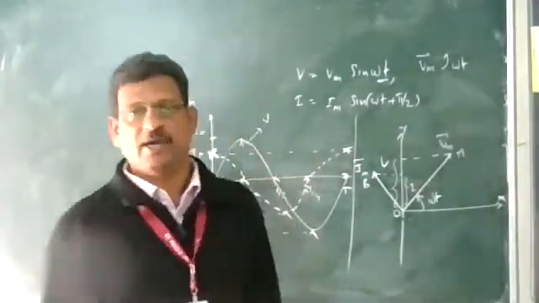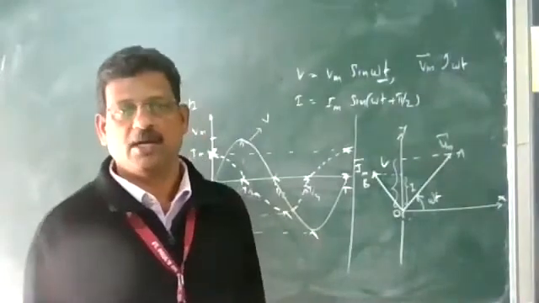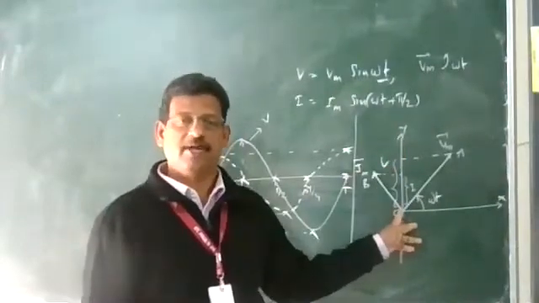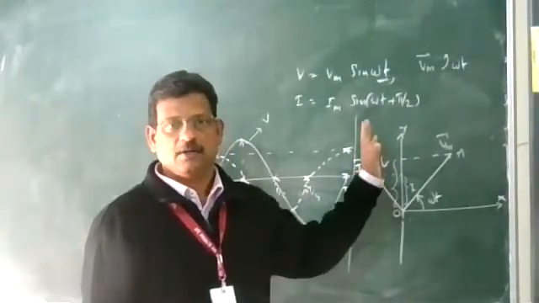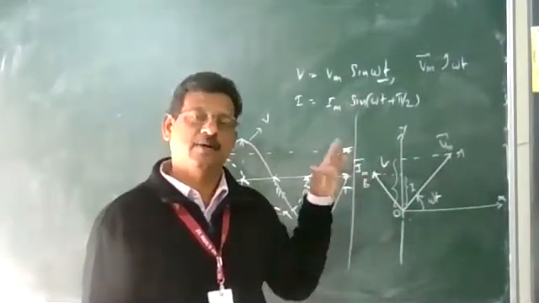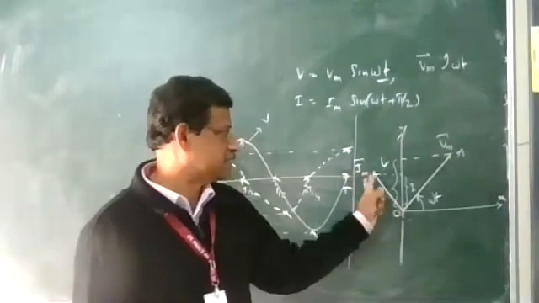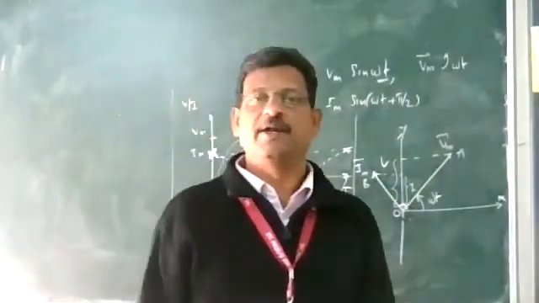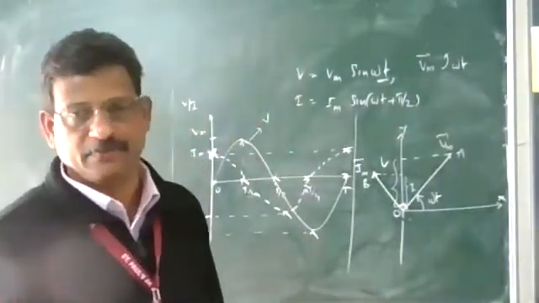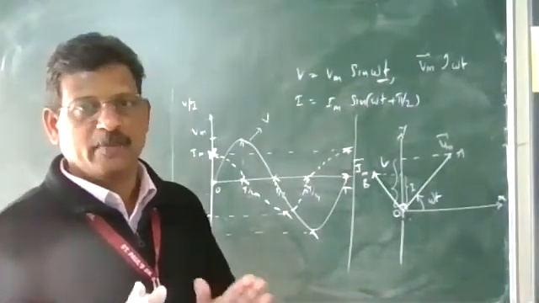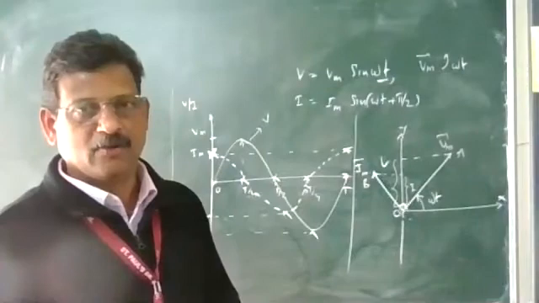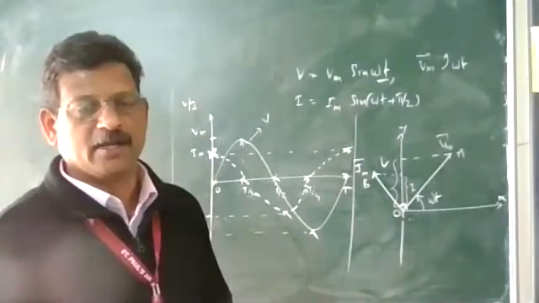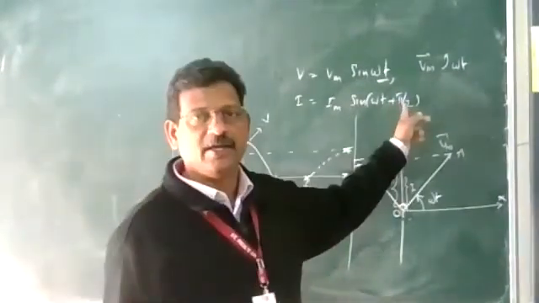Both can be drawn on separate axes, or stuck together, so you can comparatively get the idea. To study them together, we are marking V and I together on the same axes, nothing else. So this angle is 90 degrees. The current is leading the voltage by 90 degrees. Very, very important for the capacitor. In a resistor, both are in phase. In an inductor and a capacitor, the phase difference is 90 degrees. Current lags voltage by 90 degrees in an inductor; current leads the voltage by 90 degrees in a capacitor.